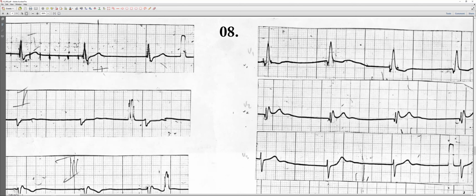Okay, what about the ST segment? So you have to say whether there is an acute one, or subacute, or definitive, or